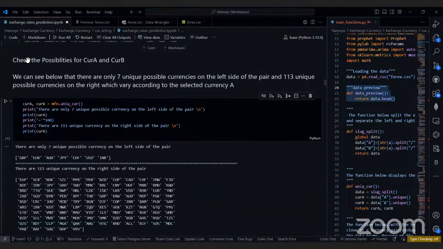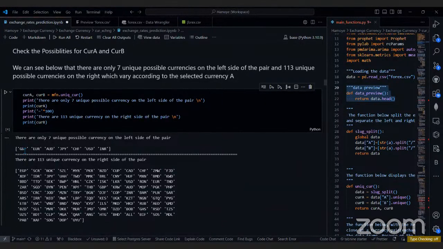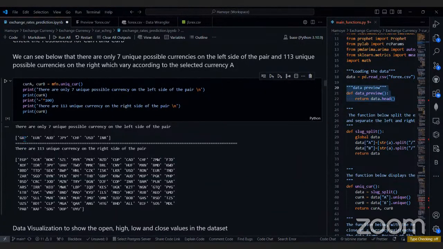Okay. So that's what we meant by saying checking the possibilities for currency A and currency B. So we have 7 unique ones on the left hand side. Then we have 113 unique possible currencies on the right, which vary according to the selected currency A. So if I select Egyptian pounds, for instance, or British pounds, there's a possibility that you will not see Egyptian pounds compared to any of these other ones, right?